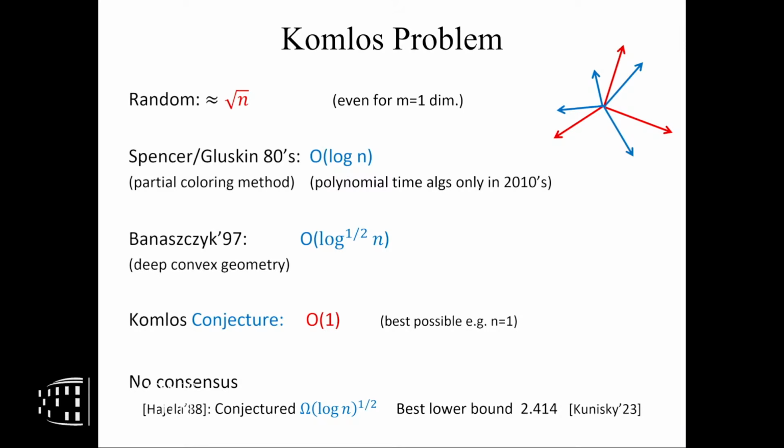And actually, there is no consensus on this problem, or maybe I should say the results I'll show now may tilt it in one way. But until recently, people believed the answer could go either way. In fact, back in '88, people had conjectured, based on some estimates in convex geometry, that maybe root log n is the best answer. And just to give you a sense, that root log n comes because if you have n Gaussians, the maximum is root log n, like a standard Gaussian. So that's somehow related to this. But the best lower bound people could come up with was only a constant. And this is even quite recent.